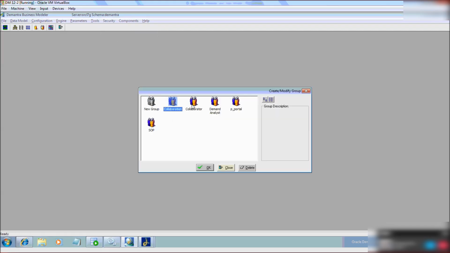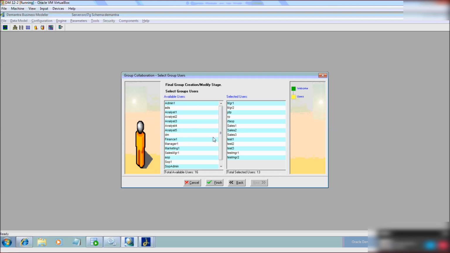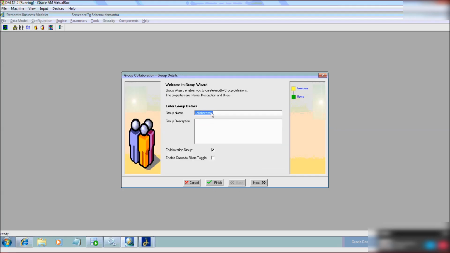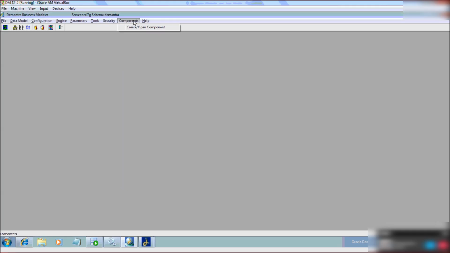Now these are the groups. Again, this group is having this many users. You can add multiple users to this group. Now a user group is a collaboration, and this collaboration user group is having this many users. It's like an assignment. You can do it from here. And then,